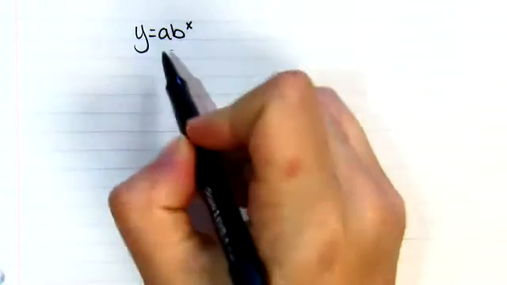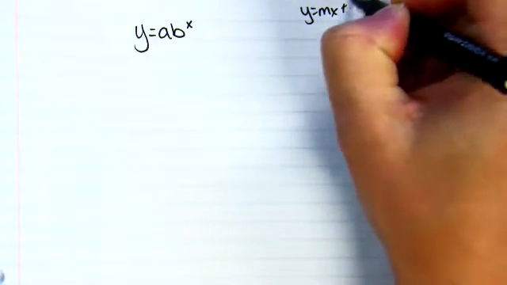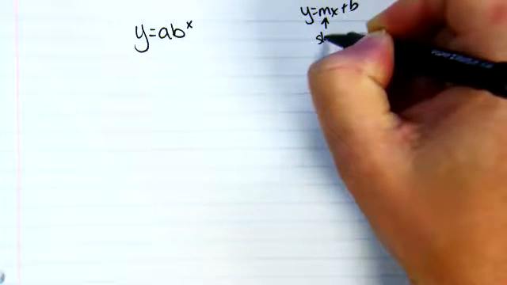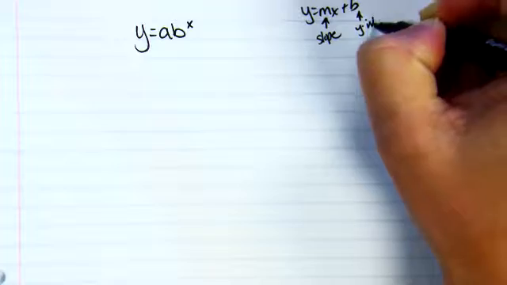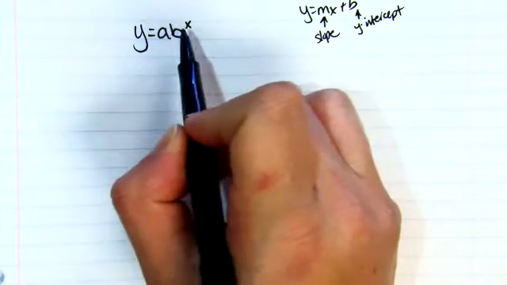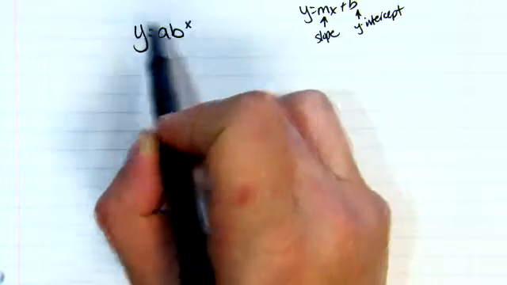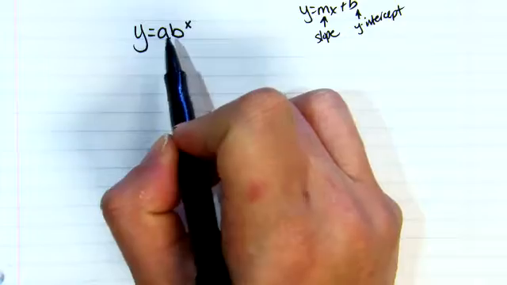Just like when we had linear equations where the different pieces meant things. Remember, we had y equals mx plus b. m was our slope, and b was our y-intercept. The pieces here mean something too. Of course, x is our input, y is our output, or our independent variable, dependent variable, but a and b